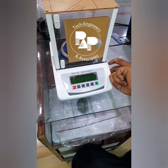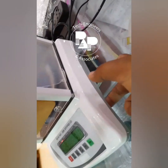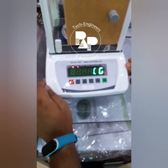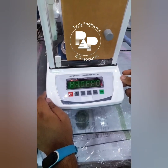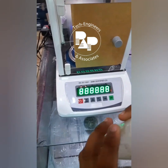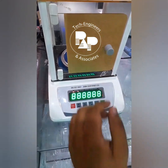Here is a button inside this, where my finger is, as you can see. There is a button to switch on the machine. As you can see, our machine is on. This is a 200 gram weight, you can see. I'm just placing it to